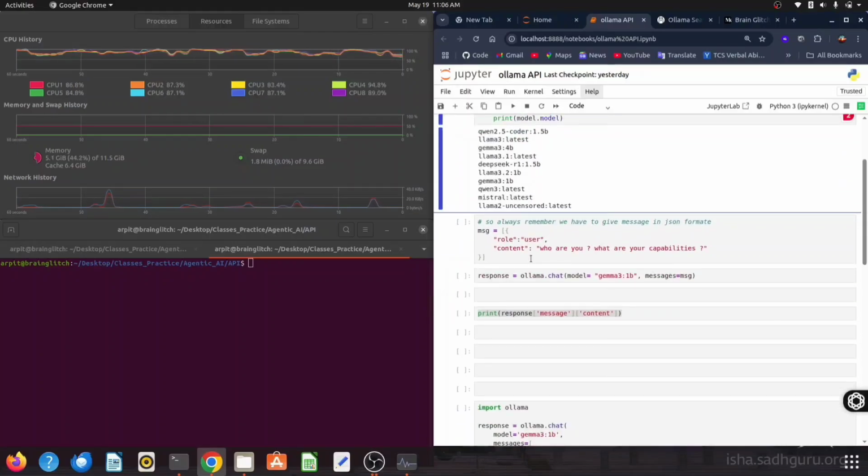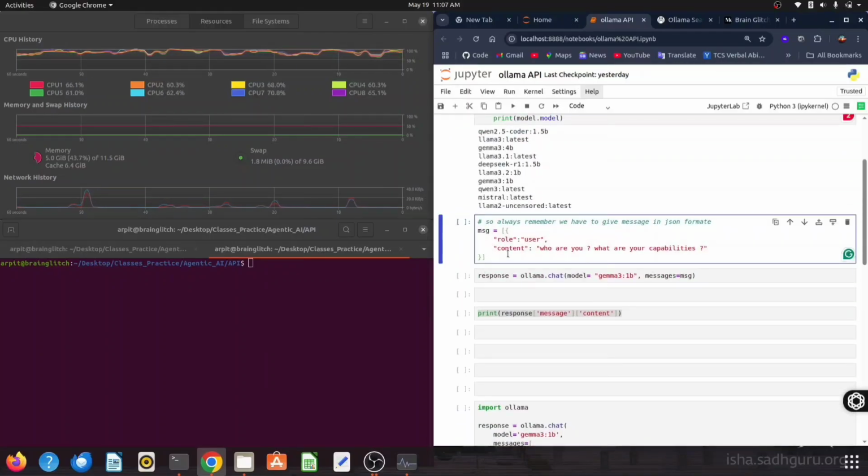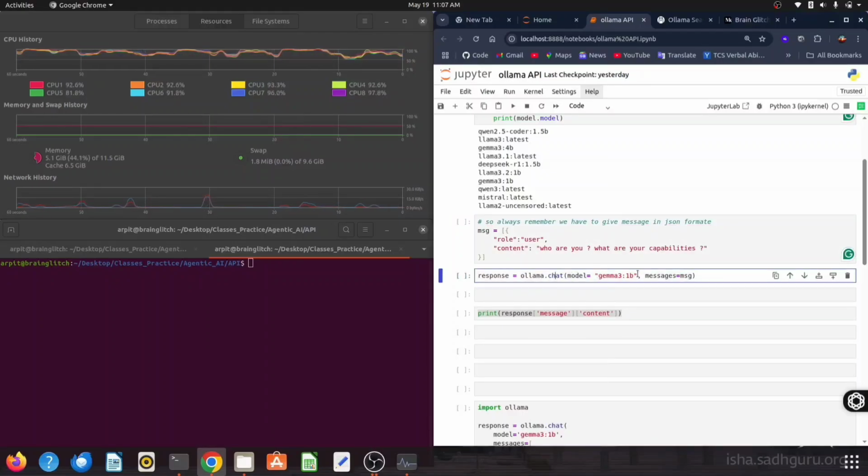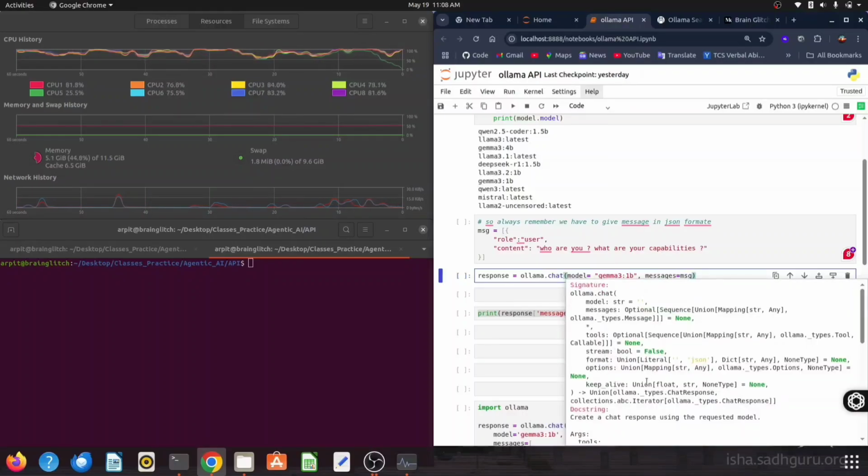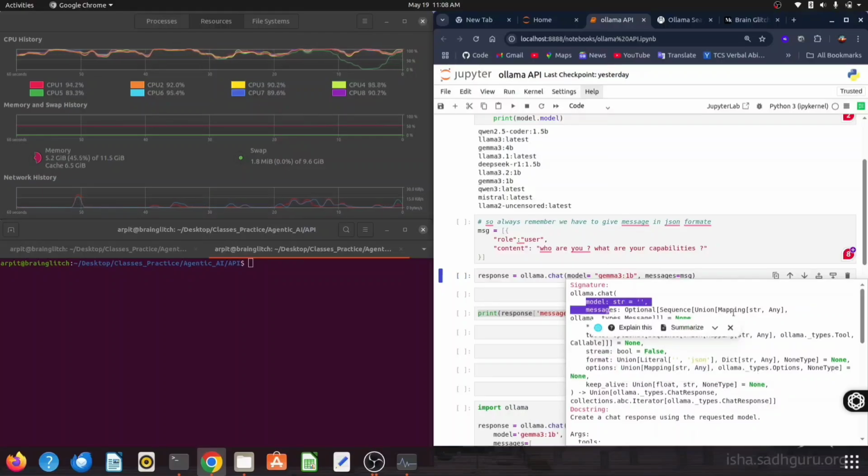To get a response from the model, all we need is the model name and a properly structured message. In LLMs, a message is generally structured in JSON format, and here we basically pass two things: one is a role and another is content. The role is nothing but who we are, and content is nothing but the prompt. To get a response from the model, we use the chat method from the Ollama library. So the format looks like this: ollama.chat. Now this method supports several parameters. One of the parameters is stream, which we will discuss in the next session. For now, we shall keep it simple, just passing the model name and the message.